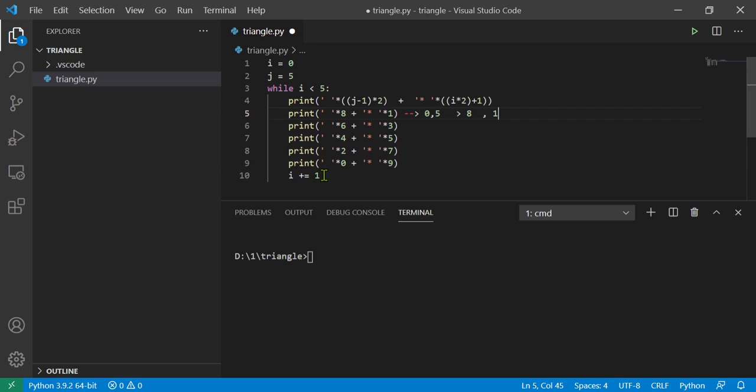Now at the end of the iteration, the i value is increased by 1,